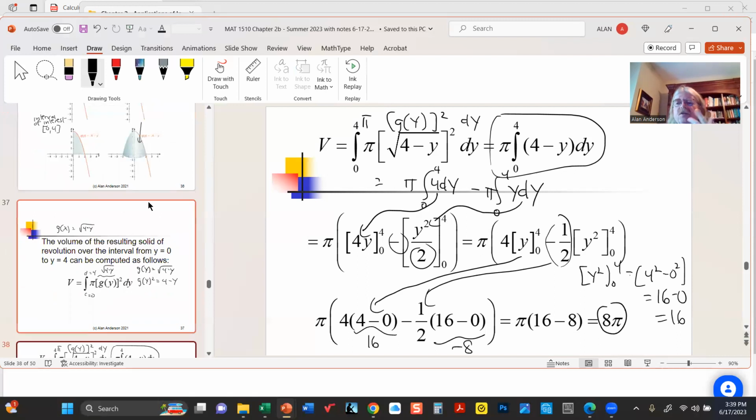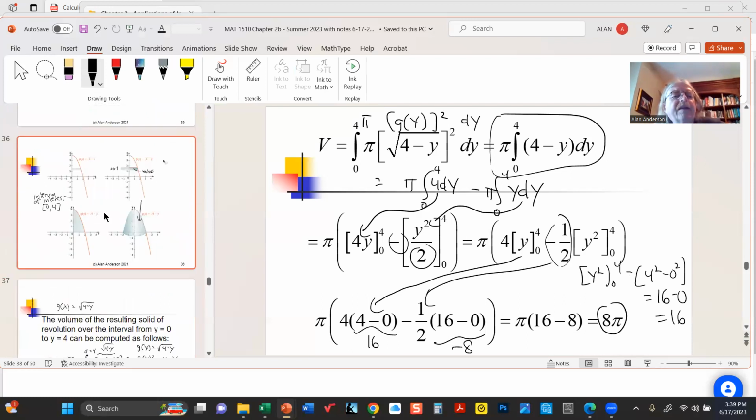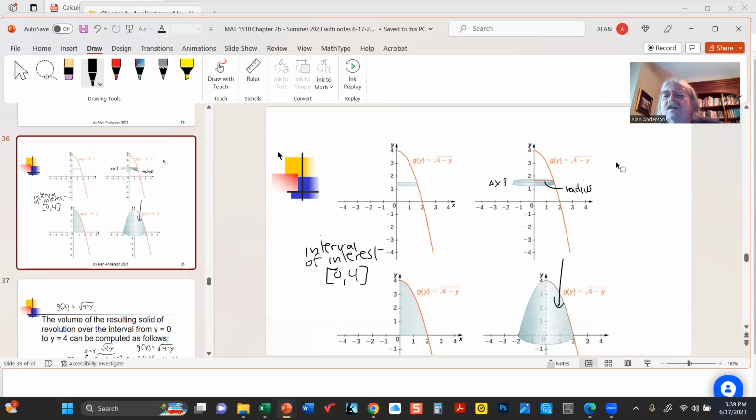So basically the two techniques are the same, except in one case you're integrating with respect to x and the other with respect to y. So now if you notice, the problem gave us the function in terms of y in the first place. We didn't actually have to do that part ourselves. Once before we had a problem where we were given f of x, we had to turn it into g of y,